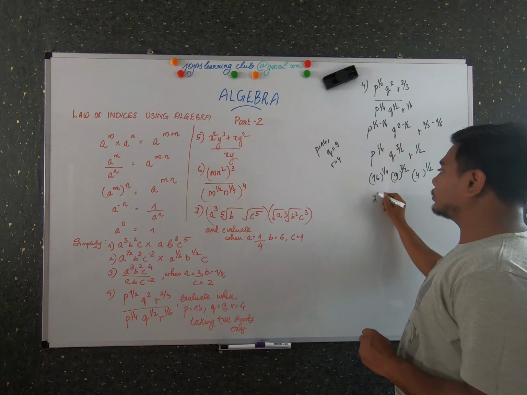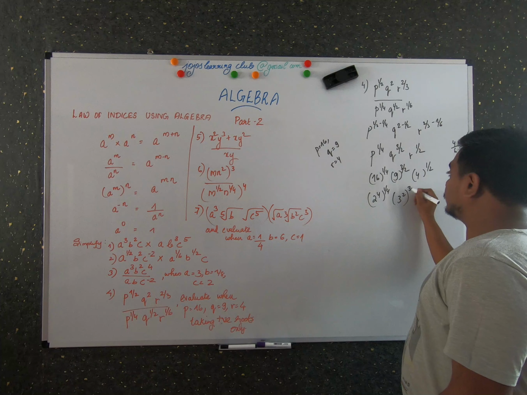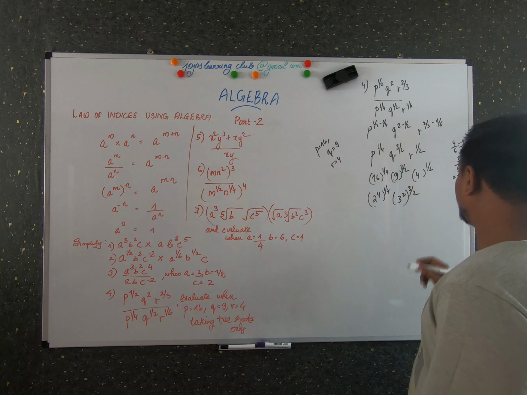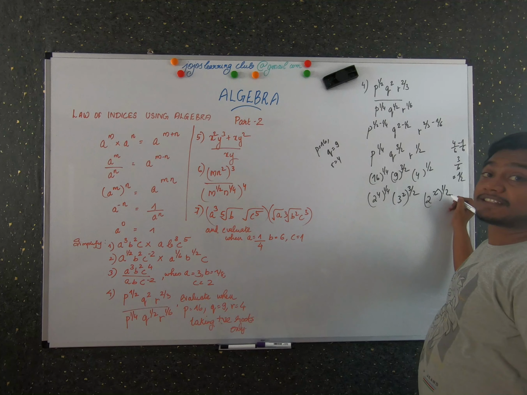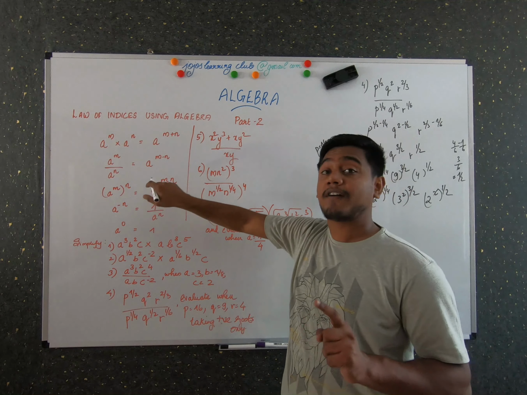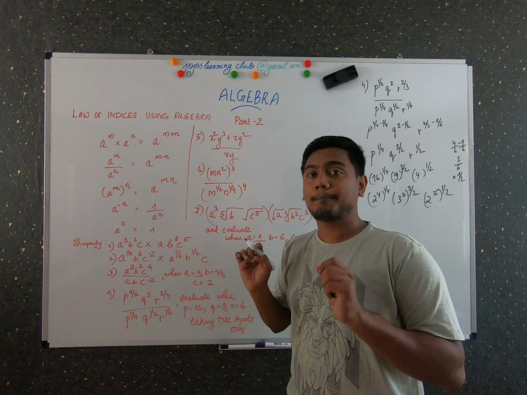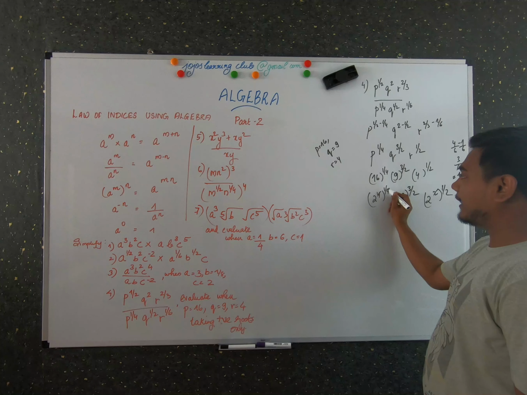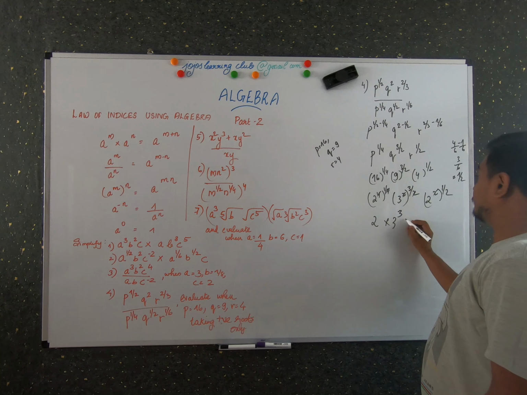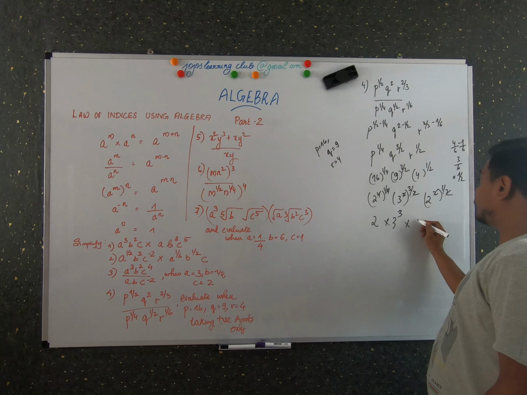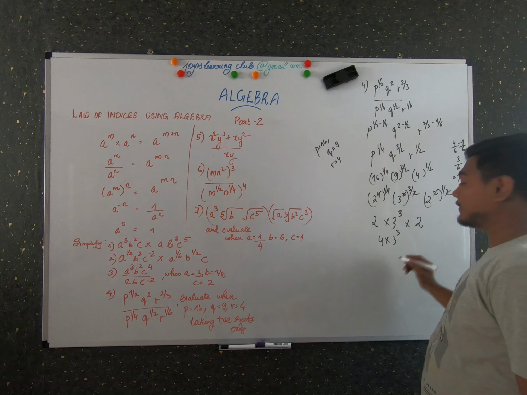So 16 is 2 raised to 4, into 1 by 4, and 9 is 3 squared, into 3 by 2. Again 2 squared into 1 by 2. As I said, when a power is raised to some further power, the index values are multiplied. So you multiply, and it is 2, again here it cancels all, so 3 cubed. Again here 2 and 2 cancel out, so you have 2. So 4 into 3 cubed, so it is 27.